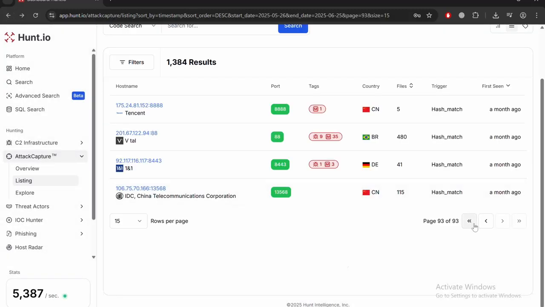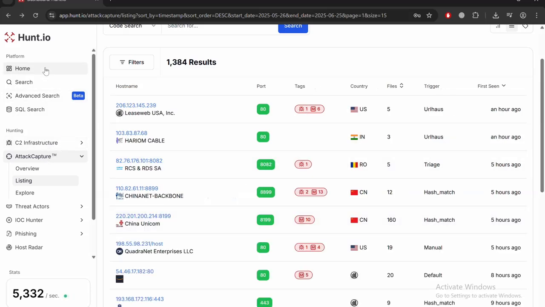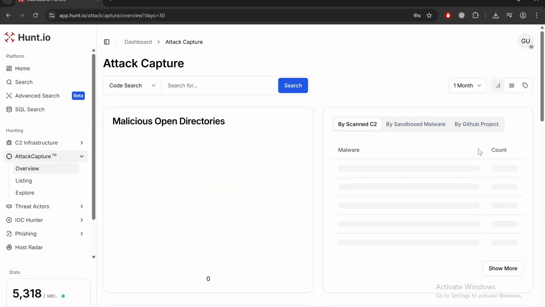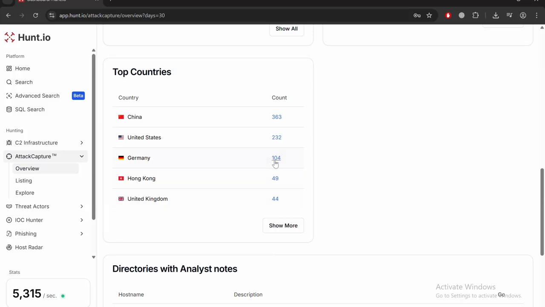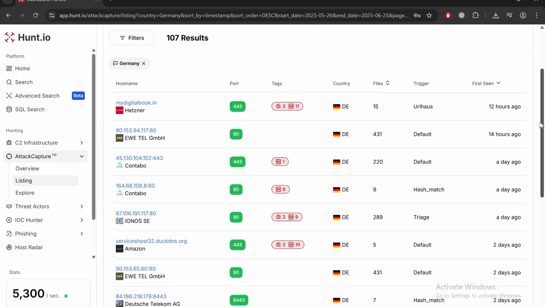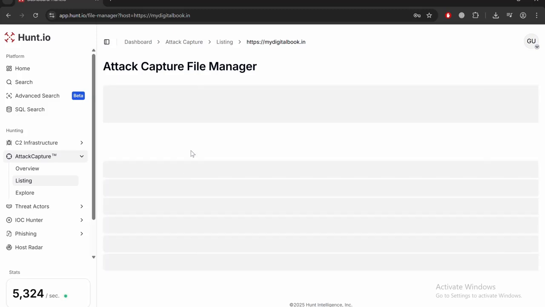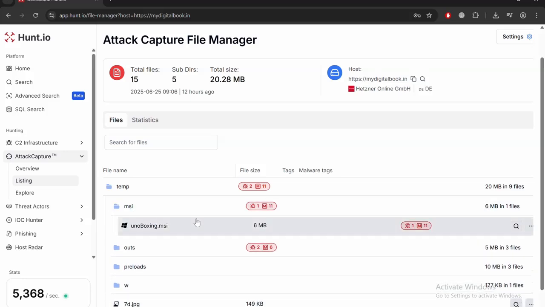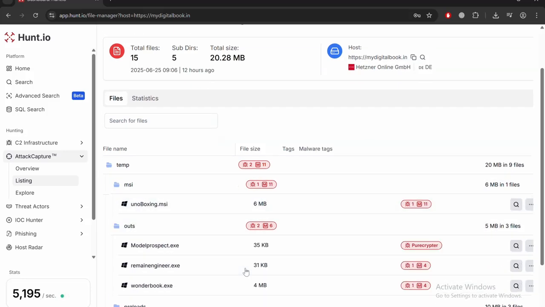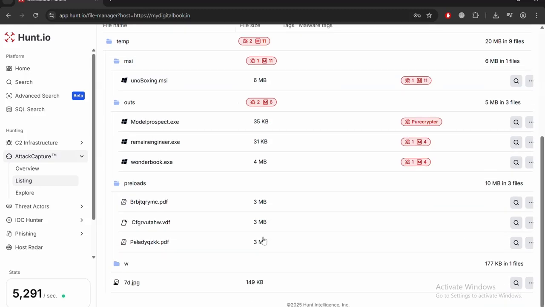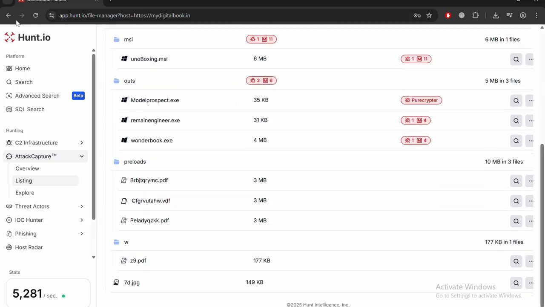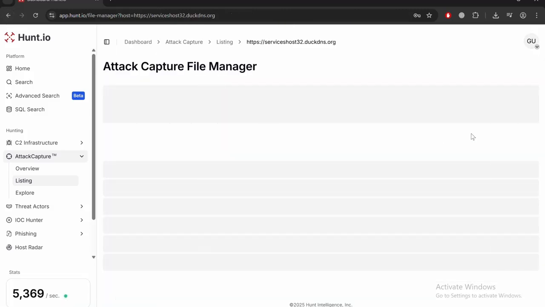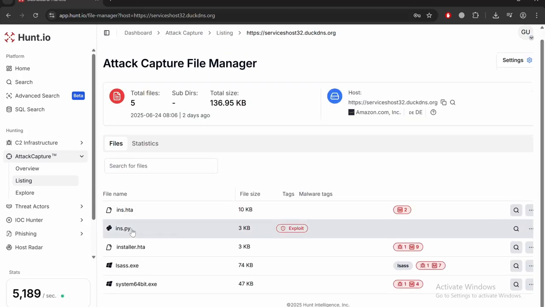You can also filter open directories by country, for example Germany, and try to open this one, with temp folders and MSI. Oh, it actually has dozens of payloads available. That's hosted on Amazon Web Services, AWS. So it could be